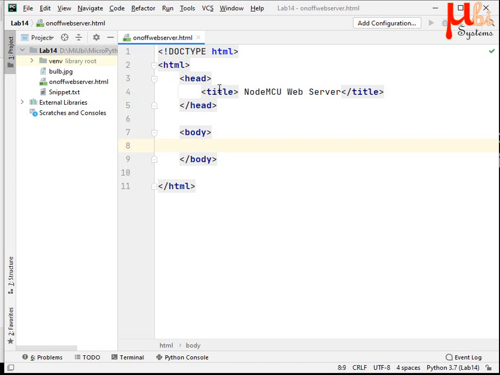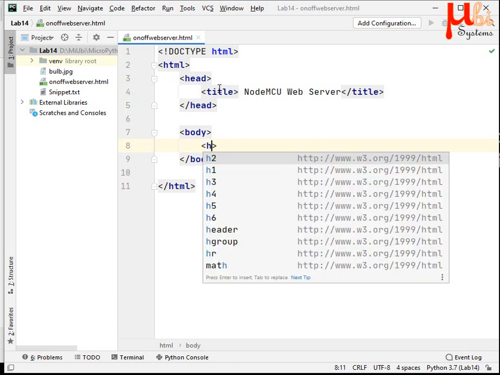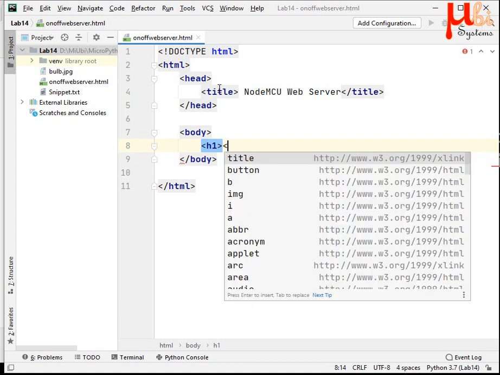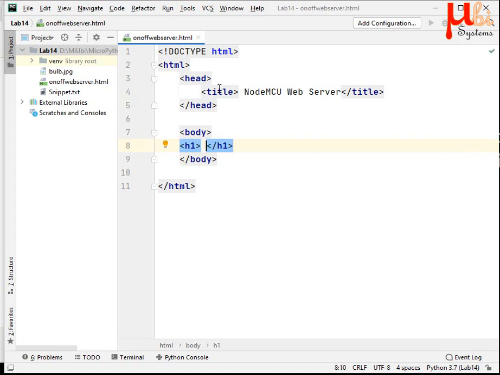And inside body, I can write multiple things. For example, I want to write a heading. I can define it in between H1. My heading 1, I just want to display how heading 1 looks like. And there can also be H2, how a heading 2 looks like.